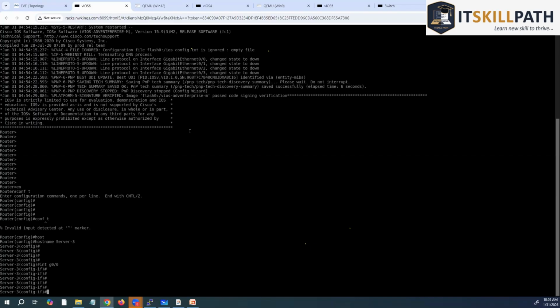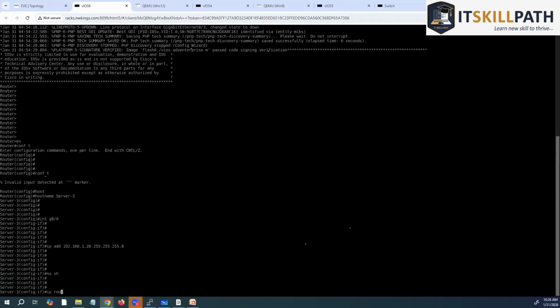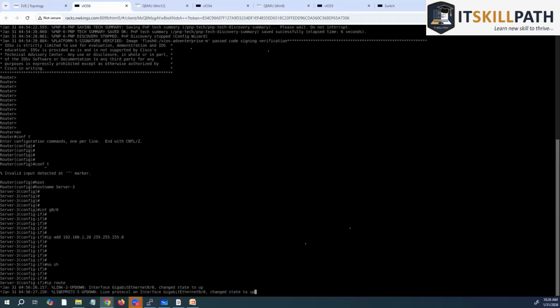I was assigning the IP address 192.168 to the router, simply assigning the IP to the router, with subnet mask 255.255.255.0. It's not related to F5. If I'm not doing configuration on F5, you can ignore it, but if you are interested, you can participate. I'm assigning the IP to the F5 interface, and I'll add a route towards F5. Default route is